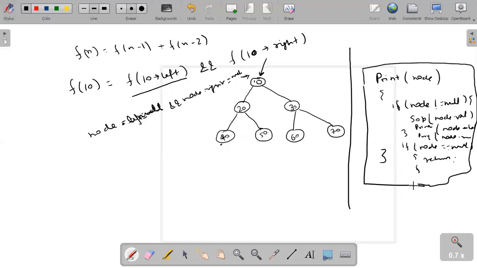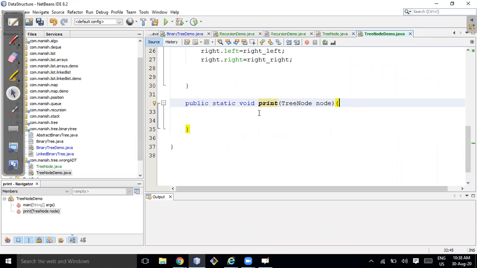The best way to learn is to first make the mistake and learn from it, then you will never forget. Now, considering those scenarios, first if node is equal to null, then I will just return.